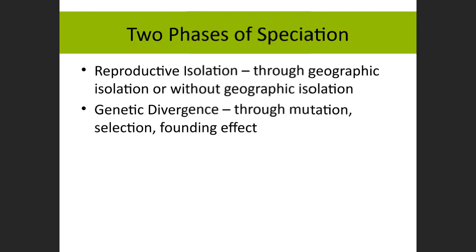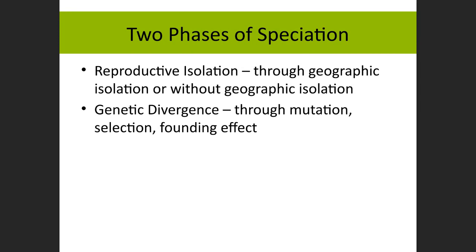Okay. So remember, we had this biological species concept that was based on reproductive isolation. And that's still a key part that we're thinking of here when we talk about how things become species. The first is reproductive isolation. So whether it's because they're physically separated or just don't mate with each other, if you have species mating back and forth, if you've got migration, if they've got gene flow, they can't have enough DNA differences to speciate. So the very first thing is organisms have to stop mating with each other.